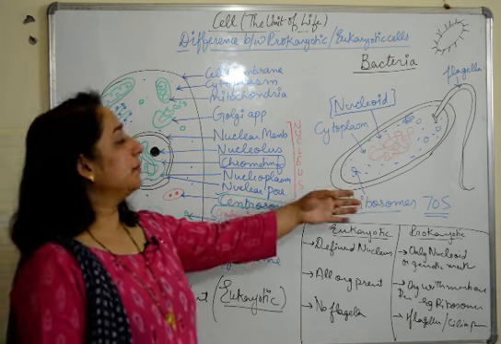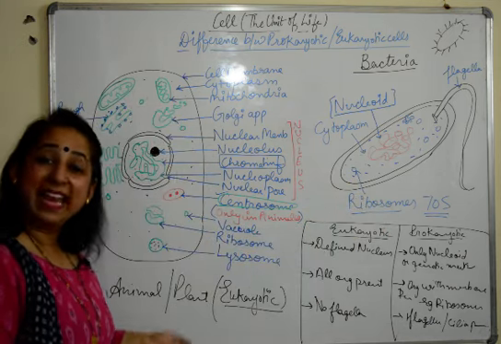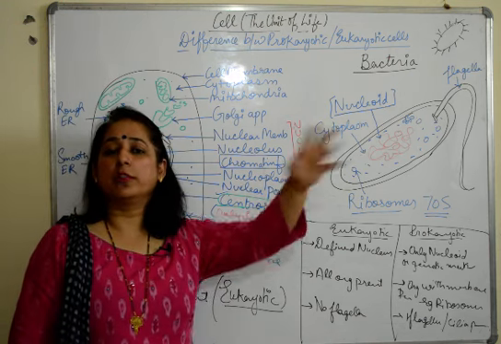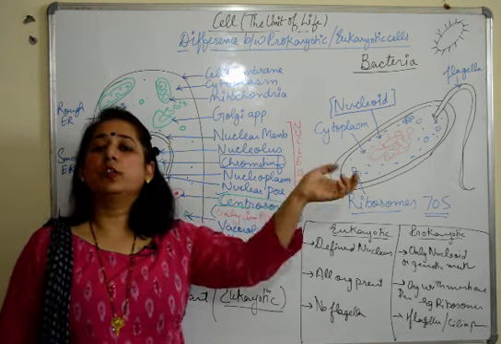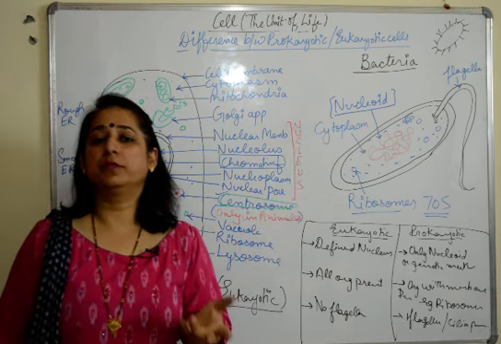So if the diagram comes for a prokaryotic cell, you can make this diagram, and for eukaryotes you can make any of it. Plant cell, animal cell. Many times, to confuse you, they don't ask you to draw the diagram of animal cell. They say draw the diagram of a eukaryotic cell. Then you make an animal cell, or a plant cell, both of them are correct.